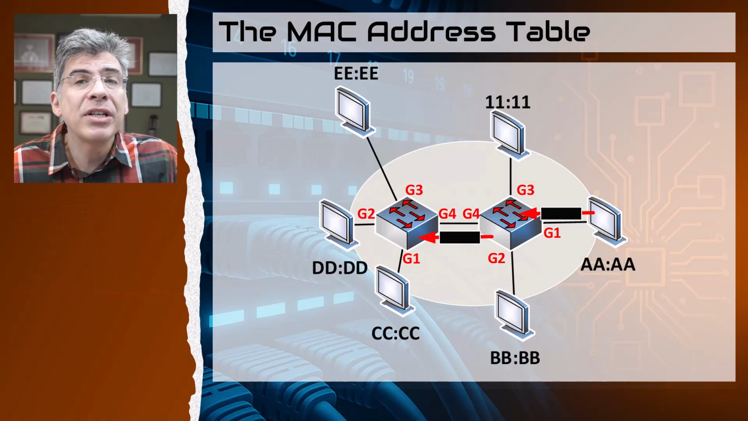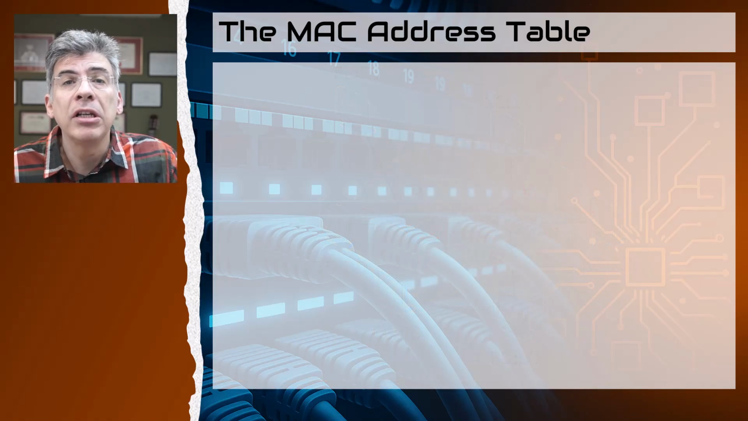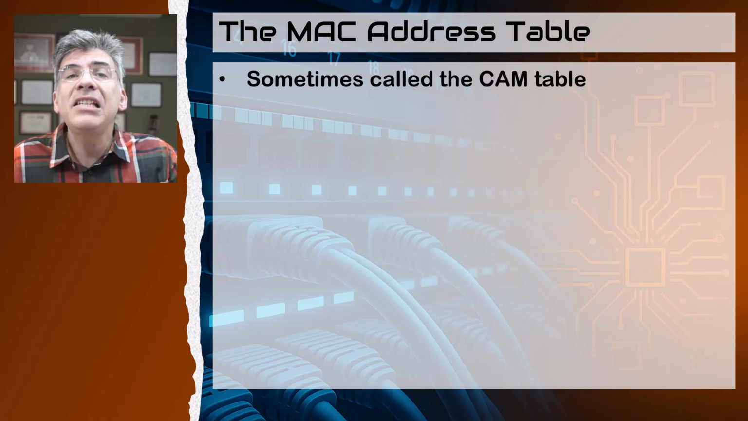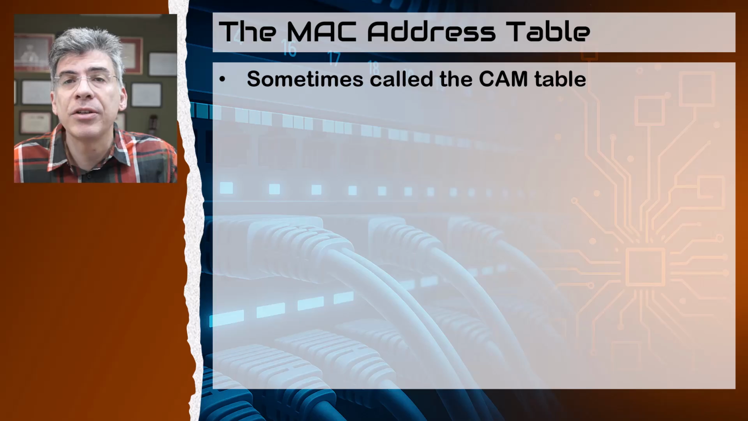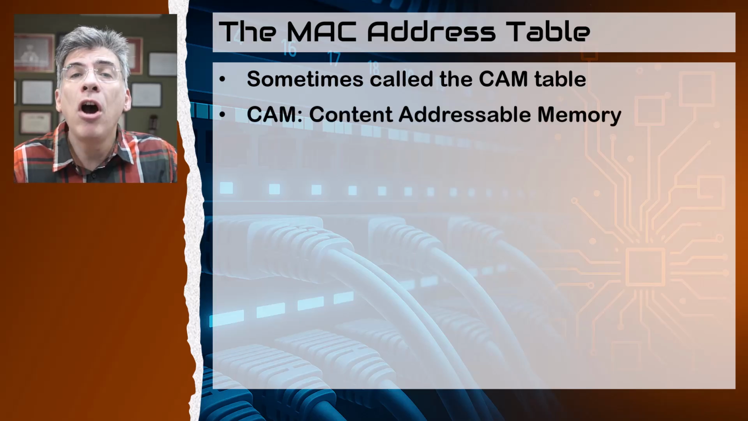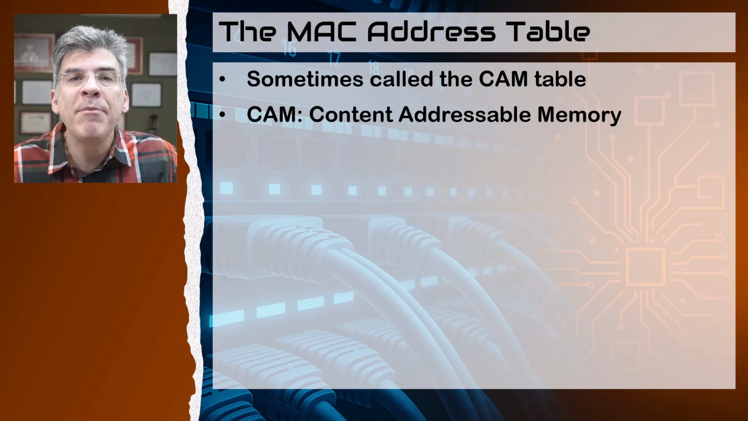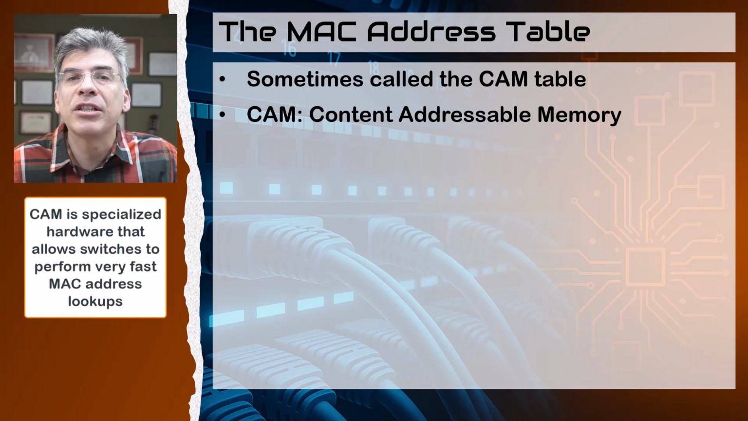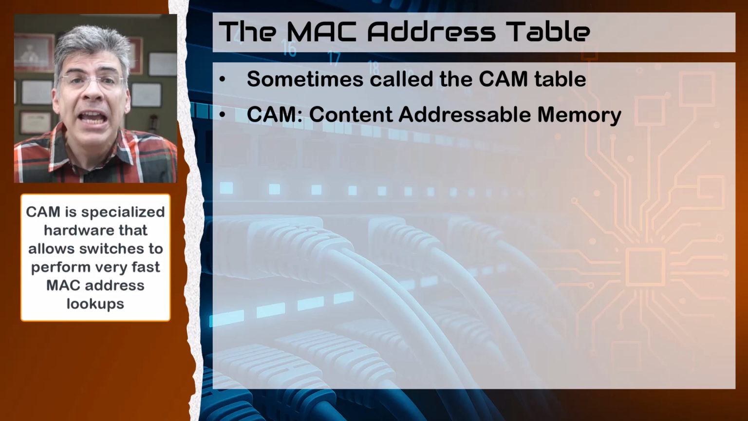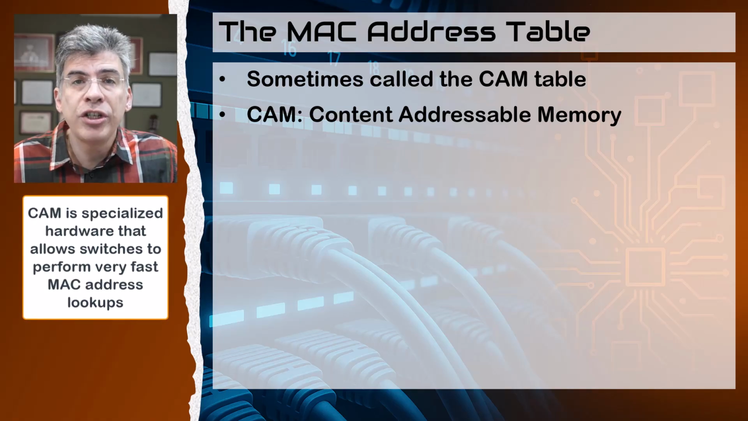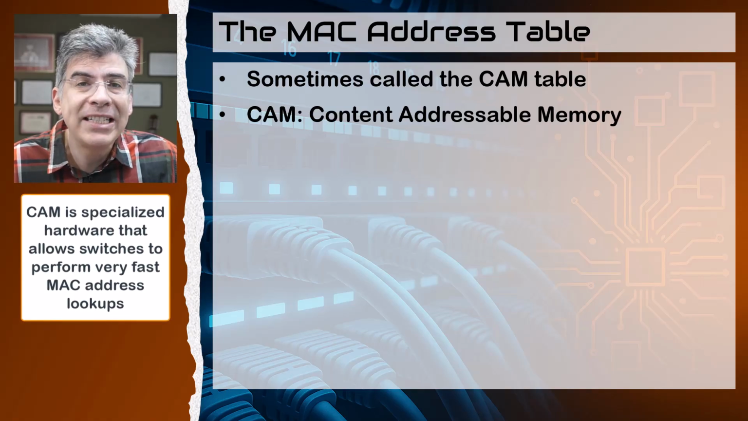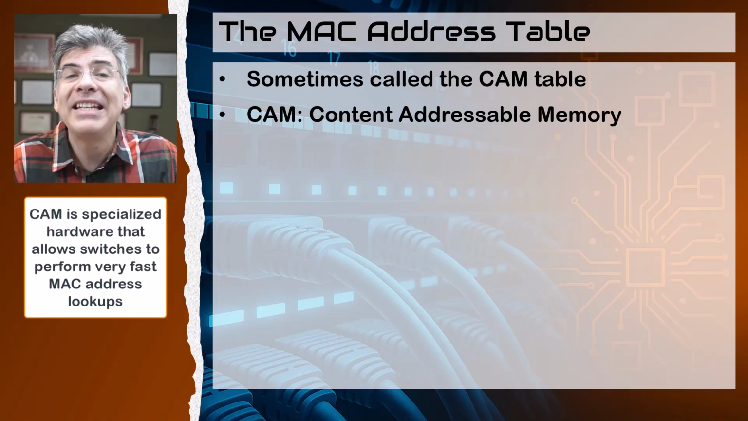Now, the MAC address table is sometimes called the CAM table. This is because MAC address tables use the CAM memory of a switch. CAM stands for Content Addressable Memory. Now, CAM is a special type of memory that makes MAC address lookups very fast. Instead of looking up data by an index, the switch searches the CAM table by content, specifically by the destination